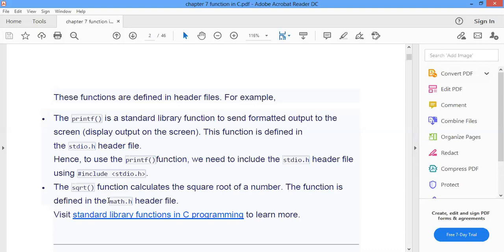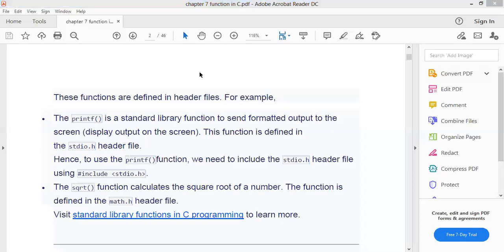Suppose we want to use the strlen function from string.h. For that, we have to include the library, or we can say the header file, string.h. So for using this type of standard library function, we have to include the particular header file.